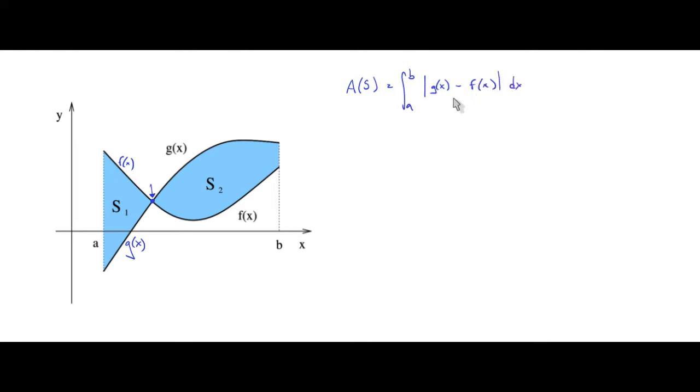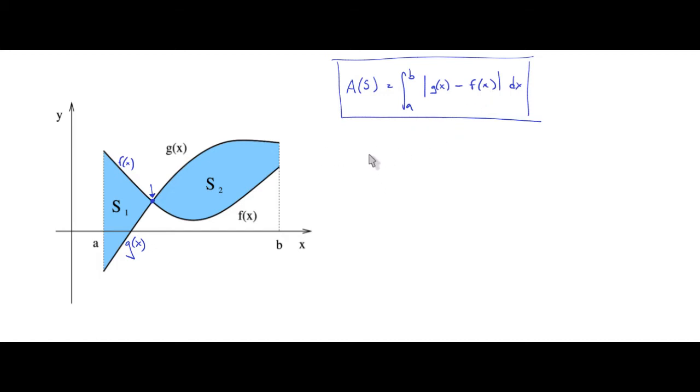In order to compute this in actual examples, this is the formula that we're going to use. We need to find where the argument inside the absolute value is going to be positive or negative. Okay, so for instance, as an example,